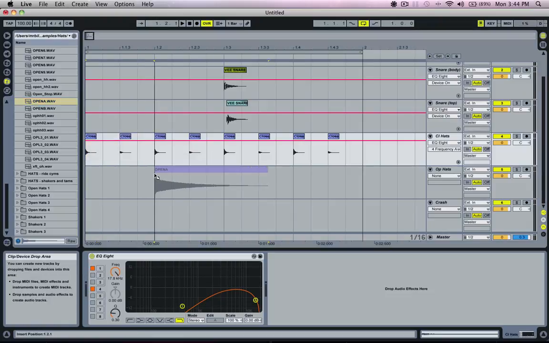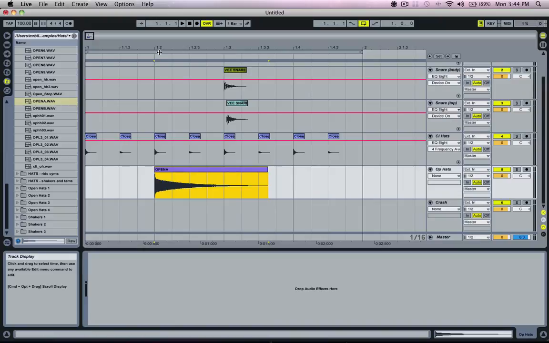So I want to put this on every second beat of the bar. So I'll just trim that sample just by the same way that we trim the MIDI notes. If we go to the end of the sample and we see this little bracket here, and we can just drag that in. So I'll just drag it in, make it 1 beat long, and then I'll